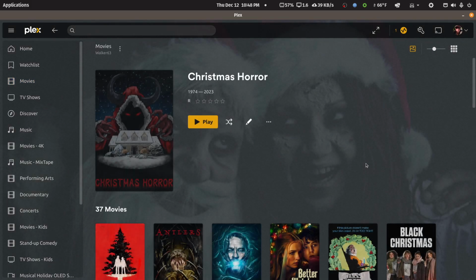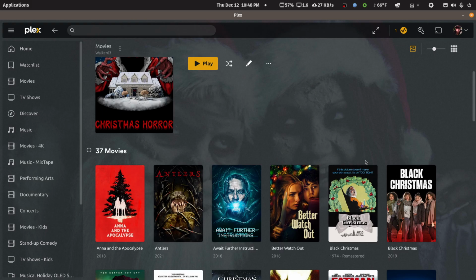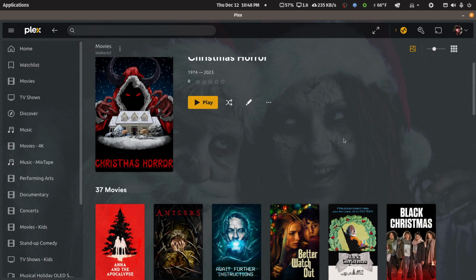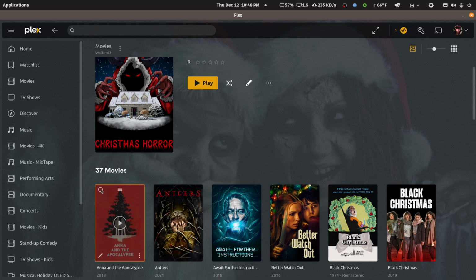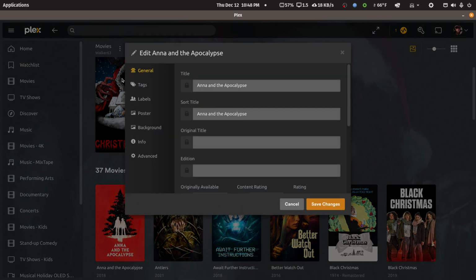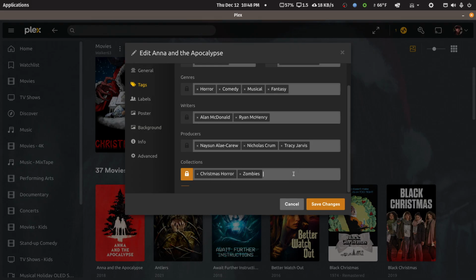And again, I wish I could sort it with the newest on top, and I chose to sort this one alphabetically. So these were all just manual adds. So if I added a new movie to my server, I would just put it into the Christmas Horror collection. And you do that just by editing it, going to the tags, clicking here, and you start typing the collection you want to add it to, and down below